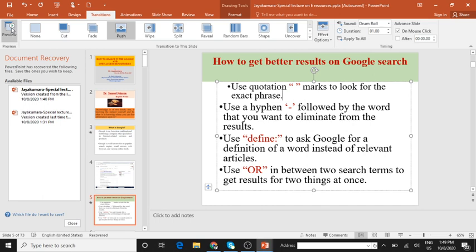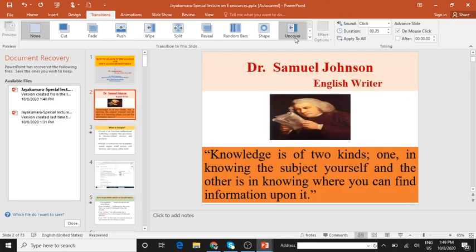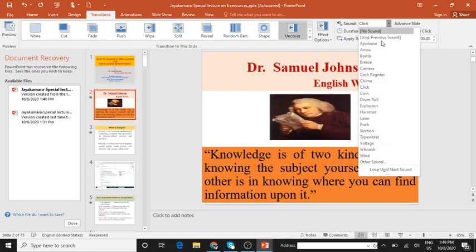Control plus mouse click in the slide sorter view is used for selecting a group of slides to apply a transition. If you do control plus mouse click, it goes to the slide sorter, and one after the other you can give the transitions. Uncover. Okay, any of the things.